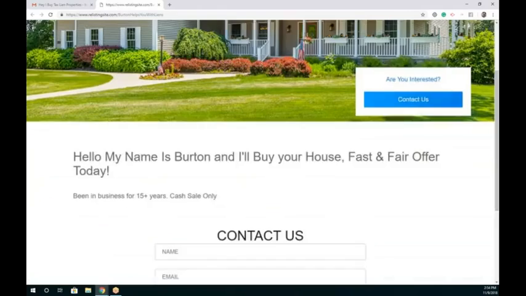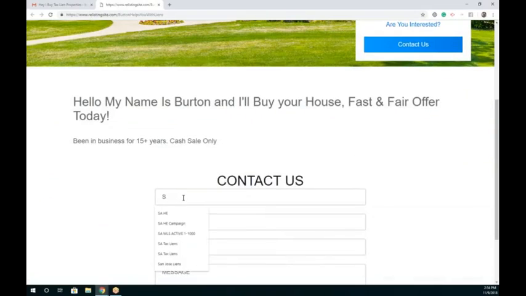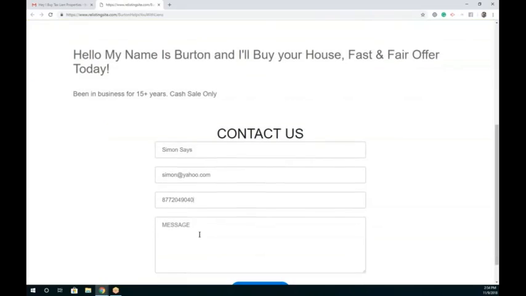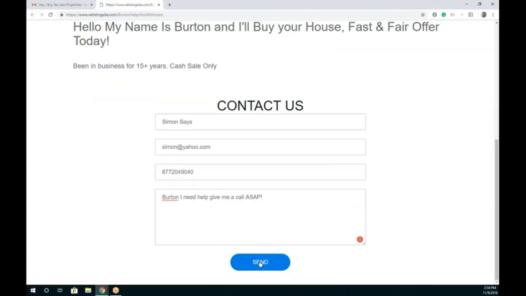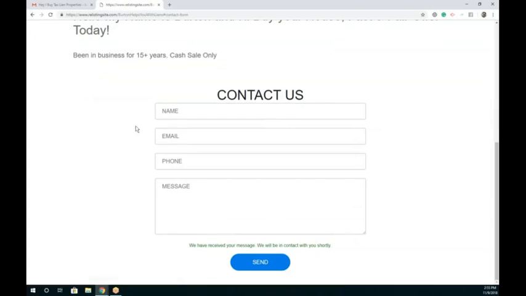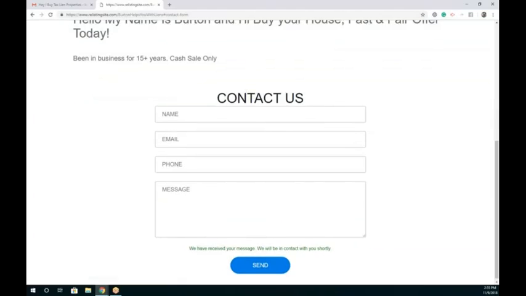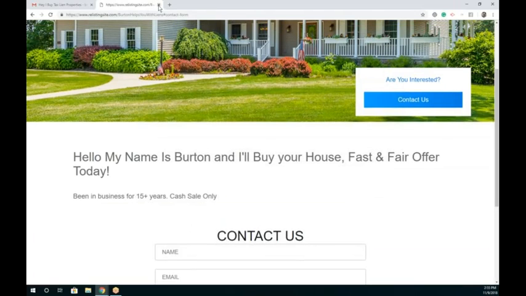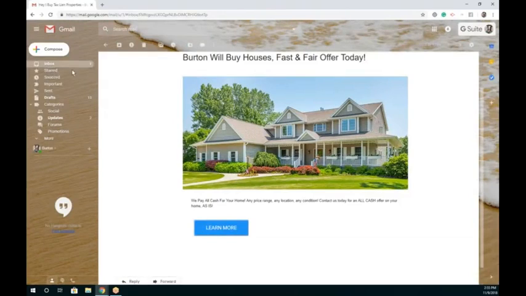And if they like what they see, they can put Simon Says, an email, simon@yahoo.com, a phone number, and then, Burton, I need help. Give me a call as soon as possible. All right, I'm going to hit send. And then what do you think is going to happen? That's correct. You're going to get an email notification,